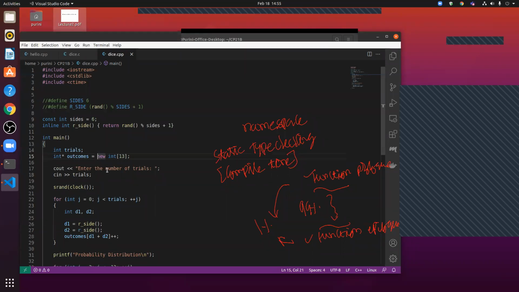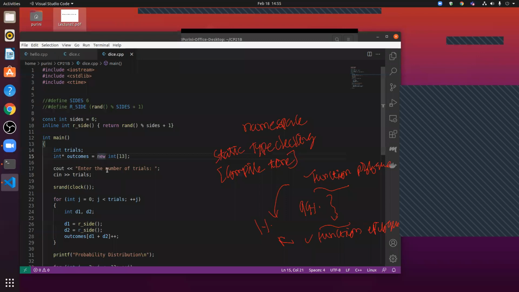The important thing is that malloc doesn't know the type. In malloc, we just ask for a chunk of memory and do some explicit typecasting. Malloc is a library, not part of the core C programming language. It will be there wherever we use C, but malloc is not a keyword.